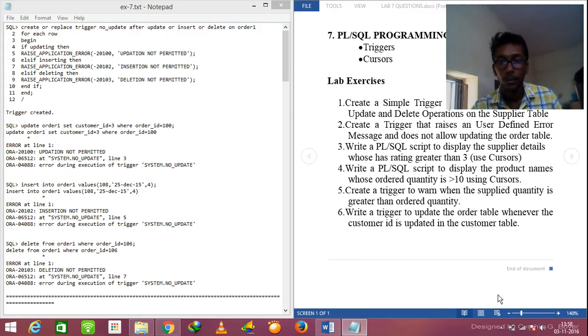Hello everybody, this is Siddharth and I'm going to teach you how to do PLSQL programming using triggers and cursors. The total number of questions given over here is 6. We'll start with the first question, which is to simply create a trigger